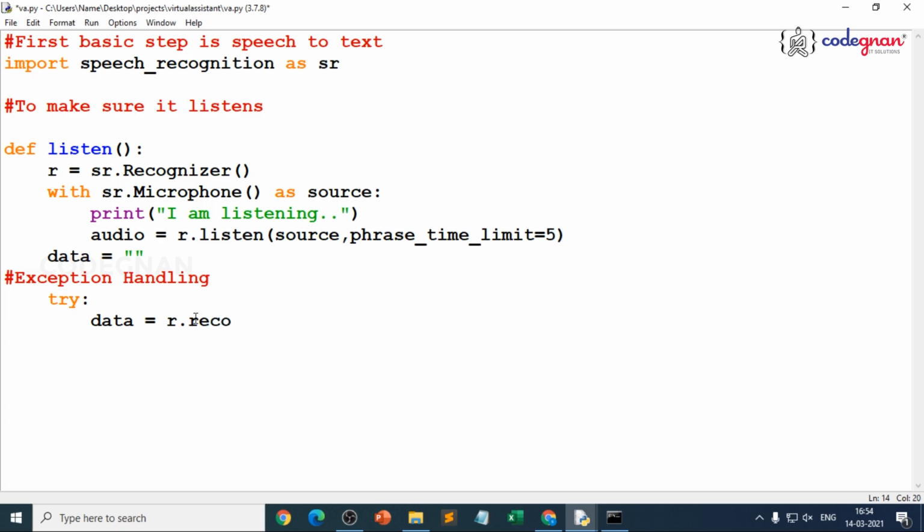What should it recognize? It should recognize the audio, because we are using the speech recognition package, which is obviously from Google itself. So recognize underscore Google. What is our input? Our input is audio. We gave audio is equal to, and what is the language? The language is English, right? But it should be specific, right?